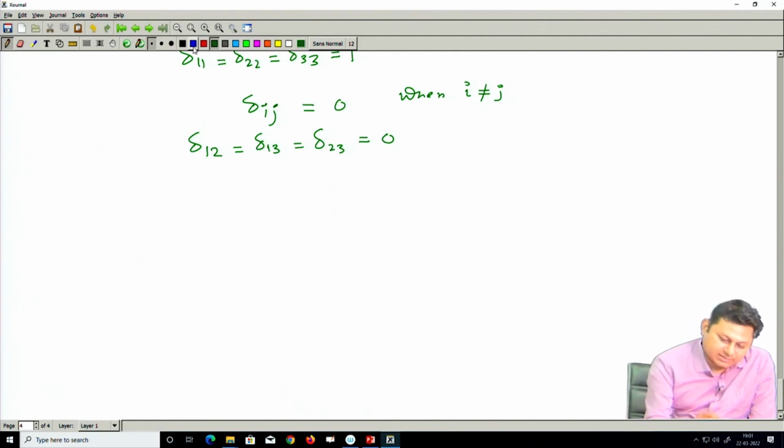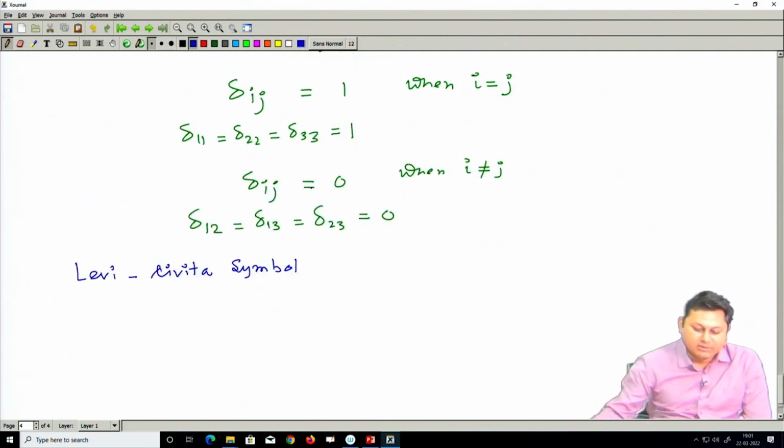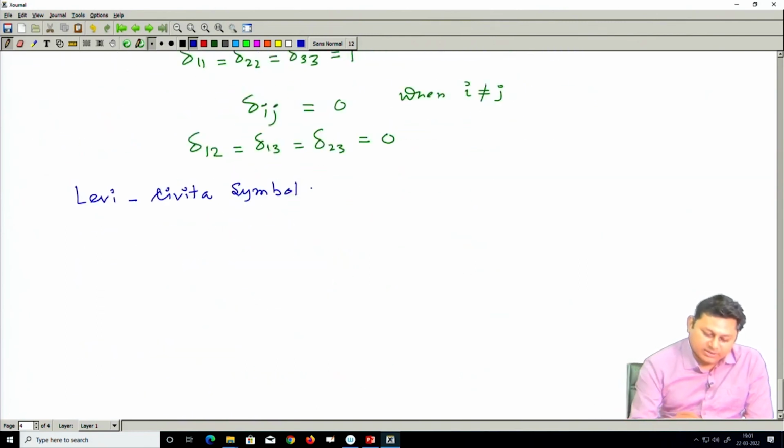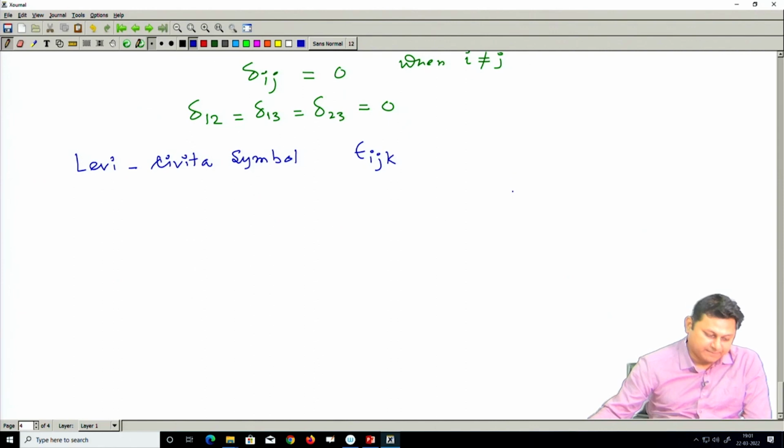Now, let us understand the Levi-Civita symbols. What are Levi-Civita symbols? Like the Kronecker delta, we have here something called epsilon_ijk. Previously, we had two indices, i and j. Here we have three indices, i, j, k. What are the properties? The properties are